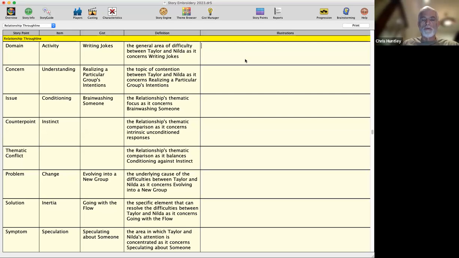Right. So it's whatever you want it to be, but you could also have them both writing jokes together, but you have to find out where the conflict is. So is one for writing jokes about it, and one not? Yeah, that's kind of what I was going for, with the Taylor character being more for writing edgy jokes, and the other character maybe not. And what kind of relationship are you thinking about? I feel like there might be a bit of a romantic relationship, but I don't know for sure yet. I want to leave that open to everybody. So okay,